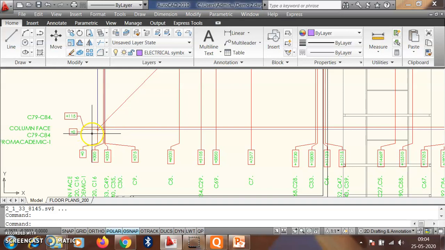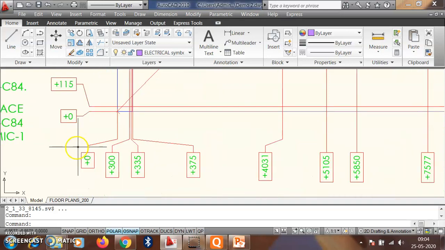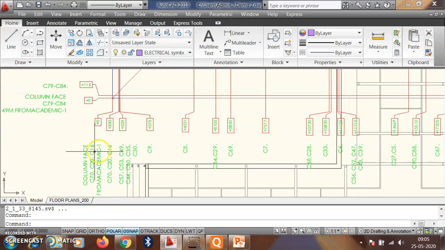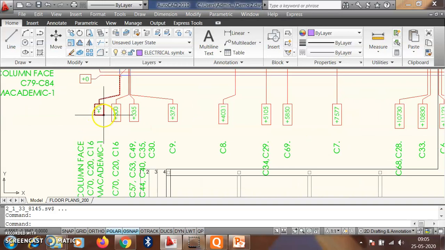So we know that as per the center line plan, this is the origin and it starts from 0, and here all scales are in mm. Once the positions of the columns are fixed, these are the column numbers located here.